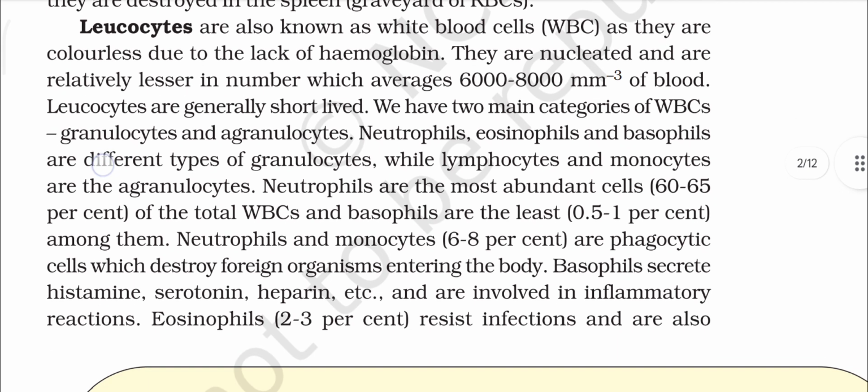Leukocytes are also known as white blood cells as they are colorless due to the lack of hemoglobin. They are nucleated and are relatively lesser in number, which average 6,000 to 8,000 per mm cube of blood. Leukocytes are generally short-lived. We have two main categories of WBC,